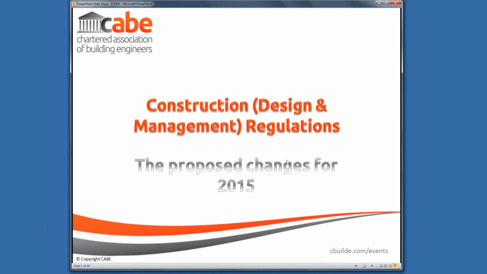In 1994, the regulations were introduced to attempt to improve the ways in which health and safety were considered, and to include in the design and construction phases the ability to examine the implications of the design in terms of safe buildability and the continued safety in the operation and maintenance of the building.